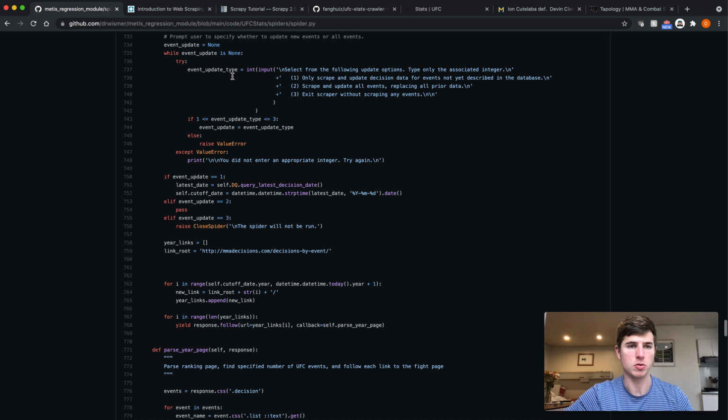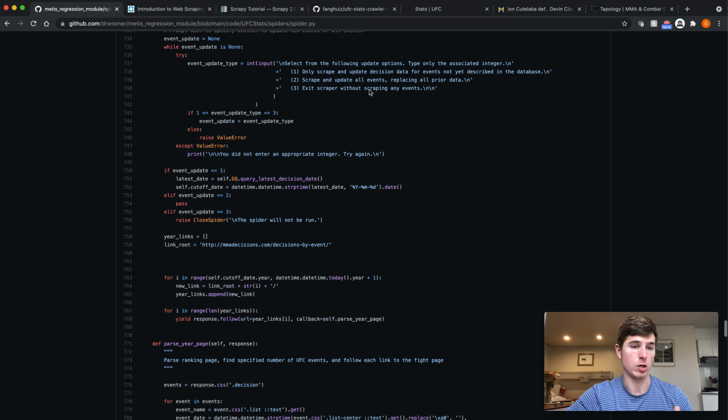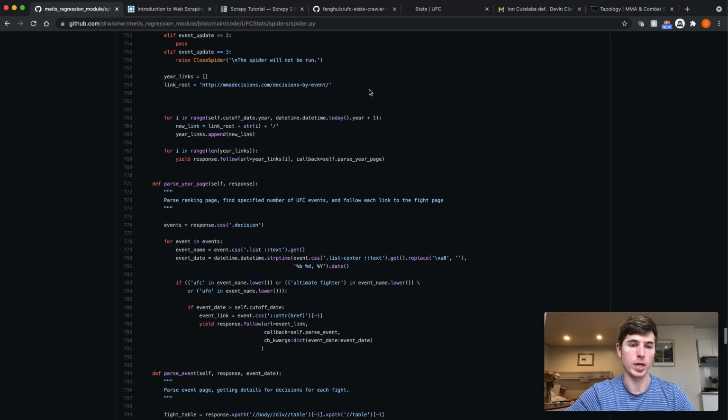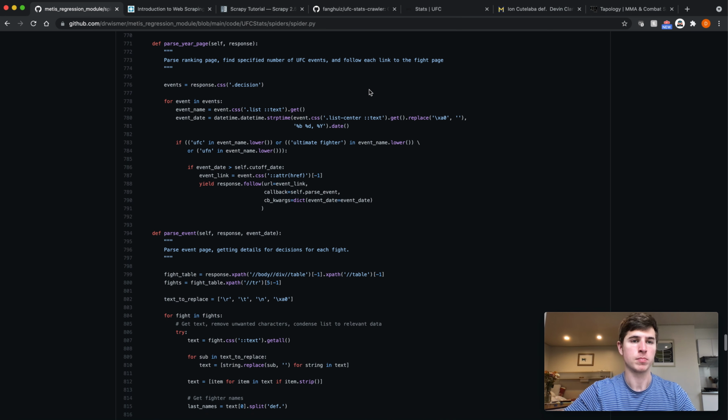And what it's going to do is, just like the other scraper, only scrape the events that we don't already have, or will it scrape and update all events? Generally, we're only going to want to do the ones that we don't have so far. We'll get a list and go through them. As I mentioned, we have to parse the year page,